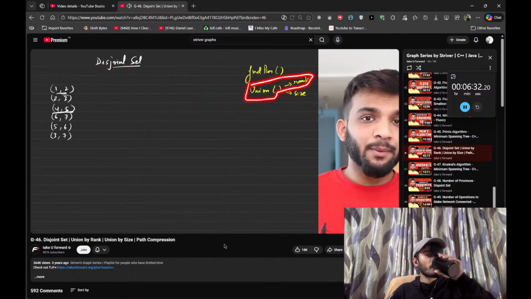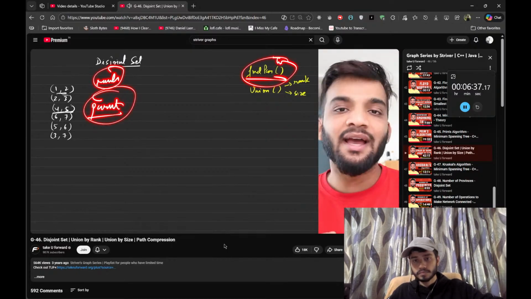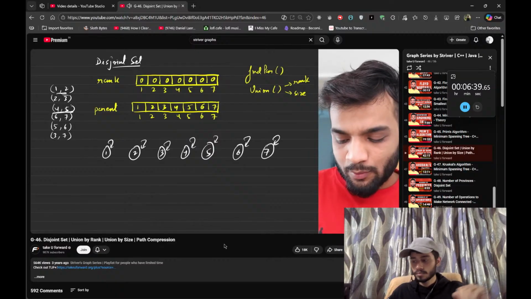In order to implement union by rank, we'll require a couple of arrays. One is the rank array, while the other one is the parent array, which will serve for finding the parent. I'll explain. So let's quickly assign the rank and the parent arrays. The initial configuration is very simple. What we do is we assign a rank array with the